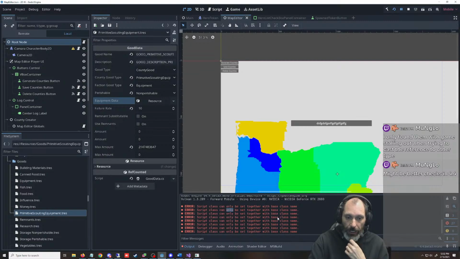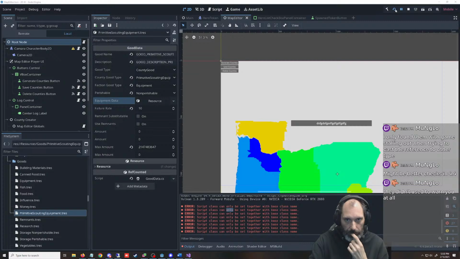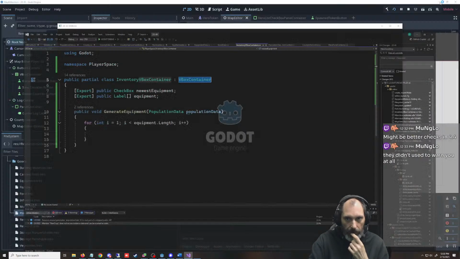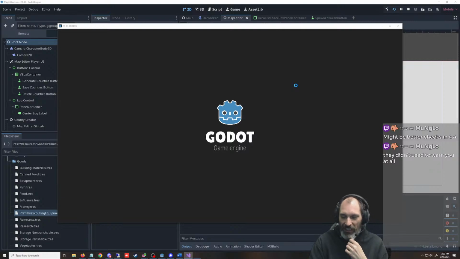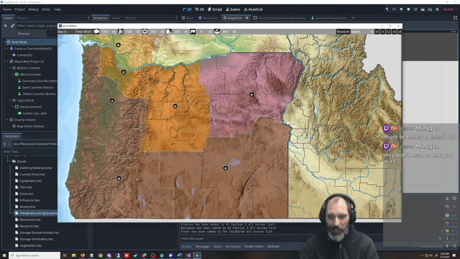It could be better checks, but I feel like it should crash. Oh, this is still running in the background. Did I save that? That would be amazing if that was the problem, because it's been annoying me for a while.